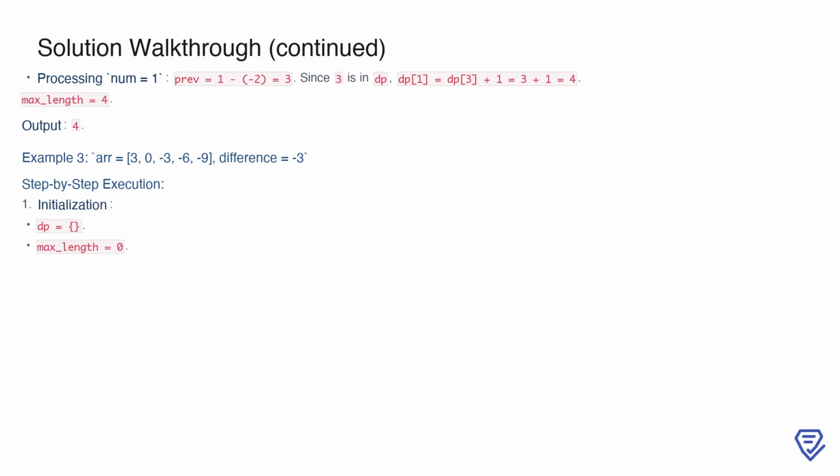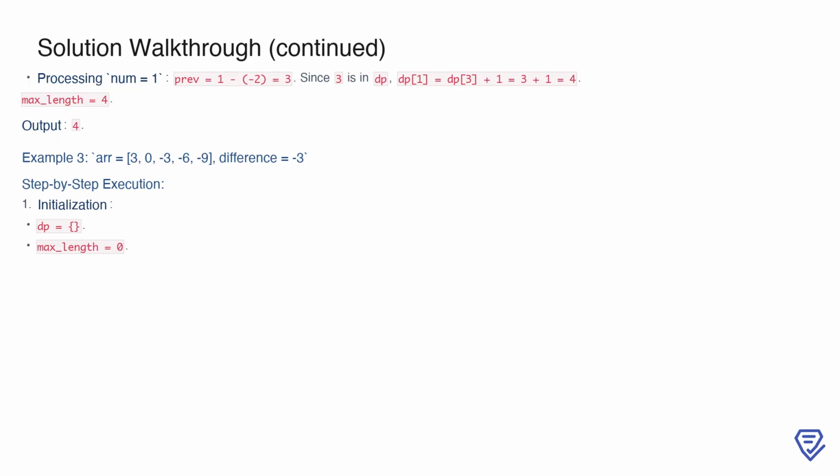Finally, for the last number, 1, the previous number is 1 minus 2 equals 3, which is in DP. This allows us to extend the subsequence ending at 3 by adding 1, and we set DP[1] to DP[3] plus 1, which is 4. Max_length is updated to 4. The output for this example is 4, as the longest arithmetic subsequence consists of the numbers 5, 3, 1, and